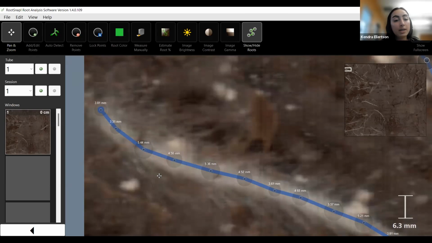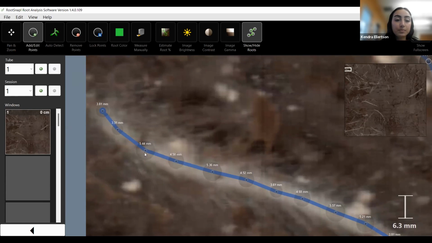You can adjust them in two ways. The first way is to just click on one and use the cursor on your mouse to adjust the size. So I'm just scrolling up and down to adjust that size. You can also click on it and move it around if you need to. So that's one way to adjust the size. Another way,